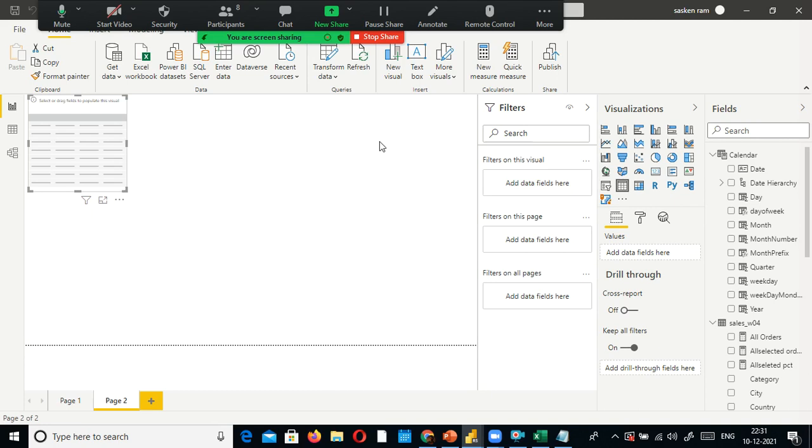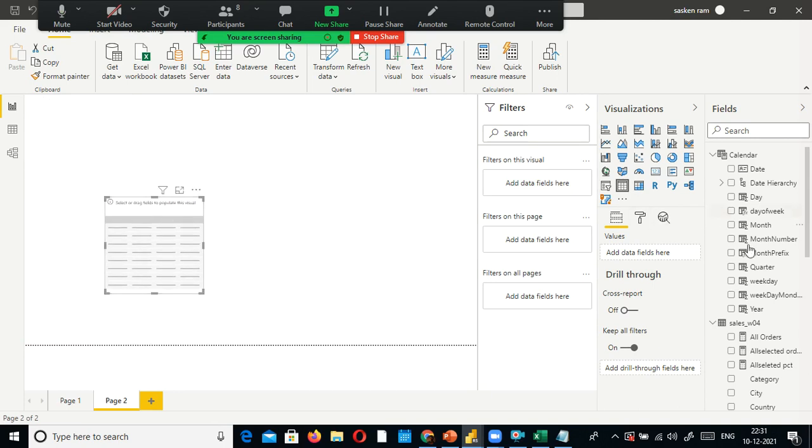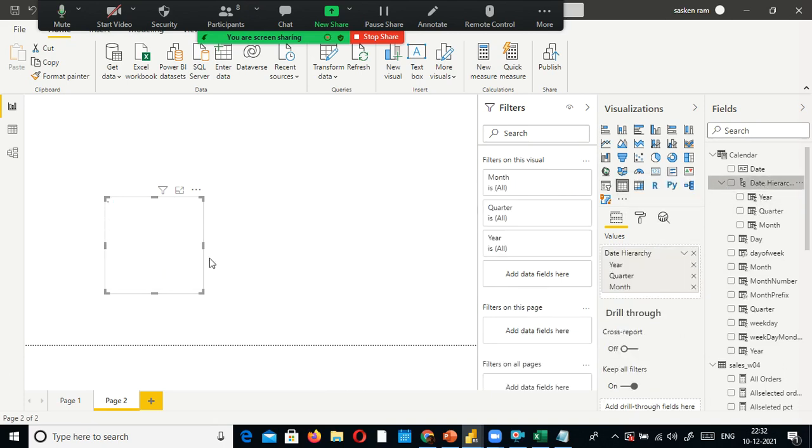Yeah, month number is month only. I just created it once again. Year, quarter, month, we have it. And what I am going to do is select date hierarchy and put it here. Instead of this, I will make it a matrix.